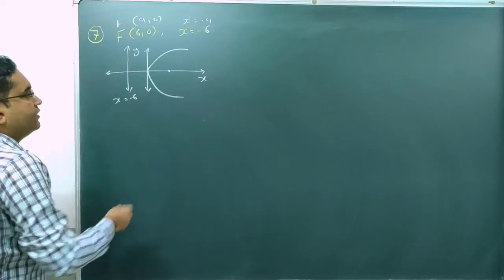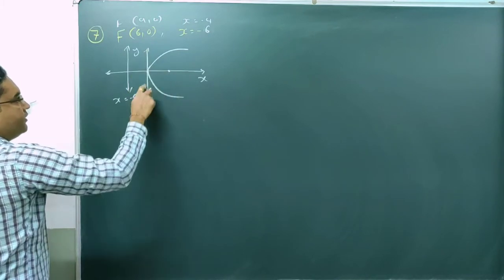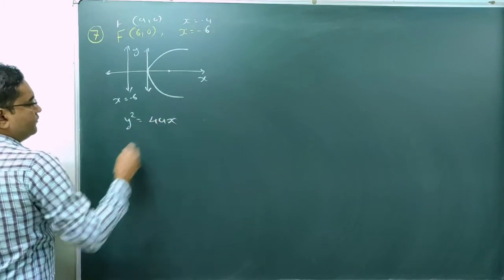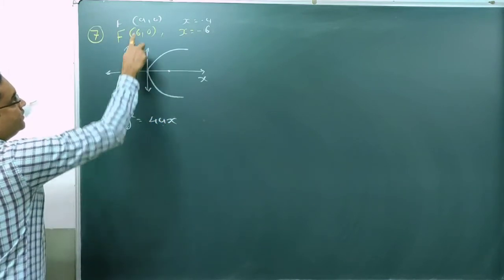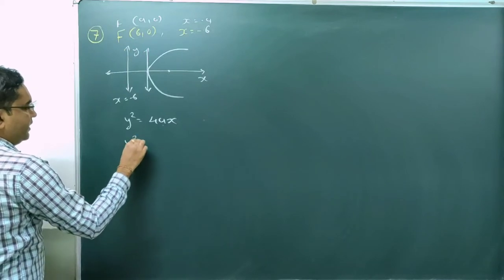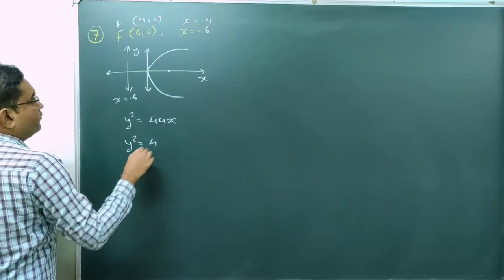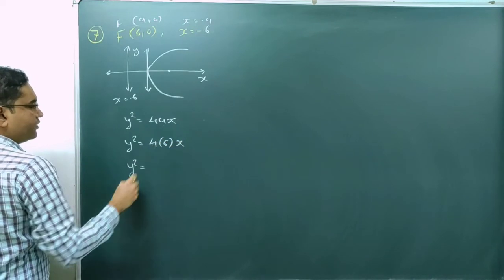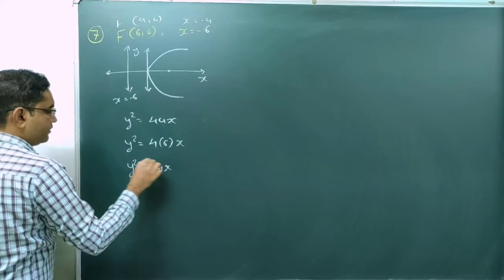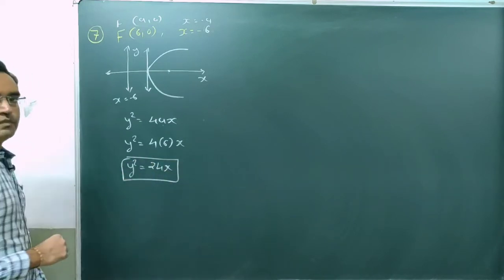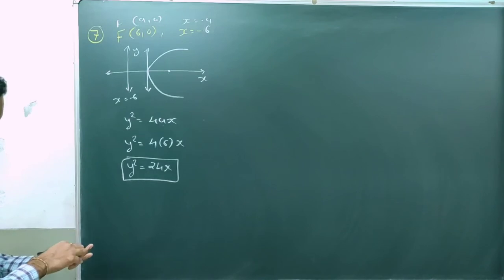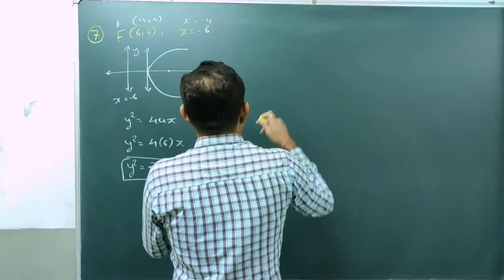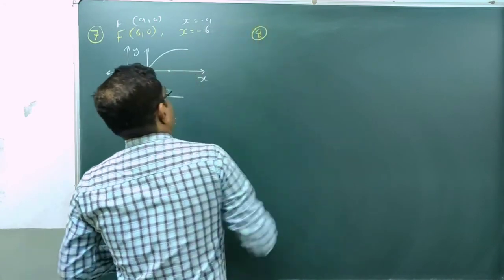बस अभी ये कौन सा इक्वेशन है? Rightward parabola. Rightward parabola, for positive and negative values of y, x is positive, it's y square equal to 4ax. What is the value of a? यहाँ से मिलेगा a equal to 6. So it's y square equal to 4 into 6 into x. So y square equal to 24x is the required equation of parabola. Done? बस इतना ही था, है ना. ये सारे क्वेश्चन एग्जाम में नहीं आने वाले हैं लेकिन करवाने पड़ेंगे.